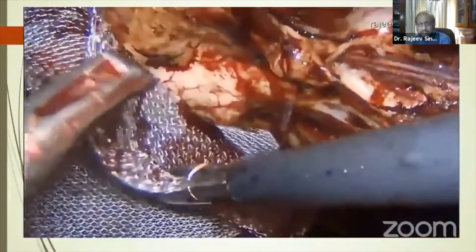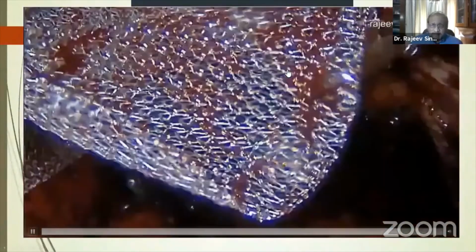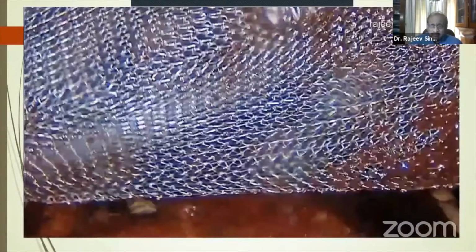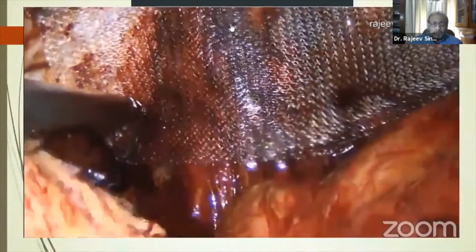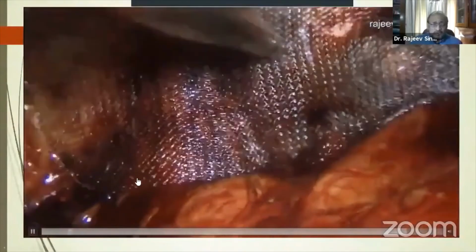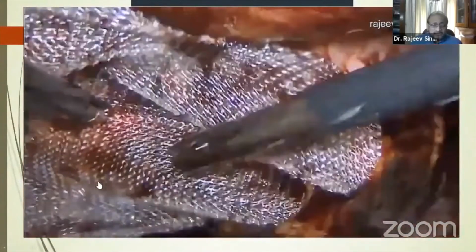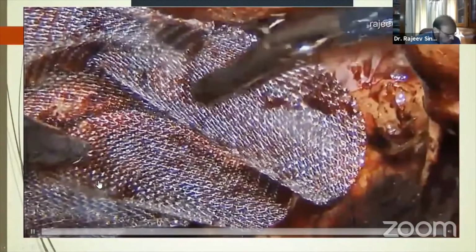And the positioning should be such that it is going beyond the pubic symphysis. You can see the symphysis out here. So it's going beyond the symphysis, especially because it was a direct inguinal hernia. In a direct inguinal hernia, it should always be beyond the symphysis and going toward the contralateral side. The lower edge should always be accommodated across the psoas. This is the edge. The lower edge is very important.